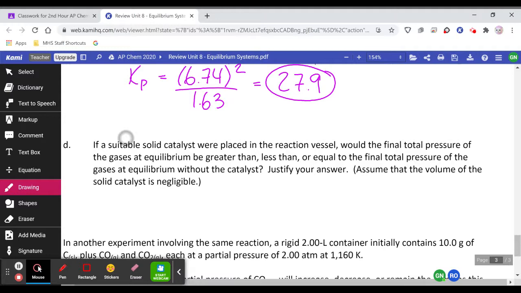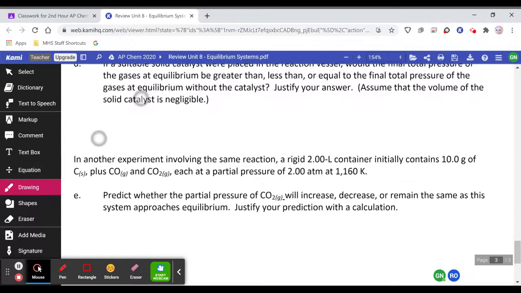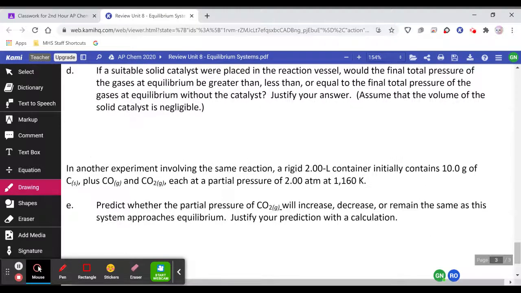Bingo. Trick question. Catalysts just help us get to equilibrium faster, but they do not change the expression. What's the only thing that would really change K sub P for a reaction? Temperature. Yes, very good. So equal to, and so my reasoning there, exactly what Emily just said, is that a catalyst